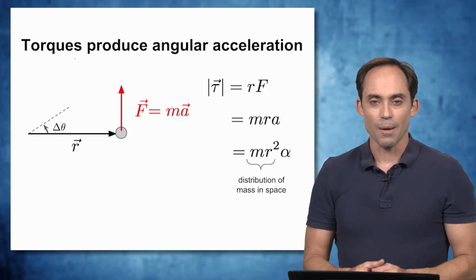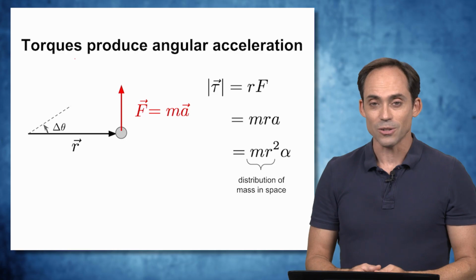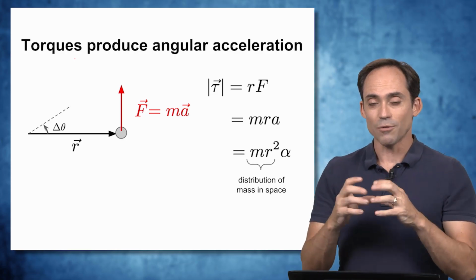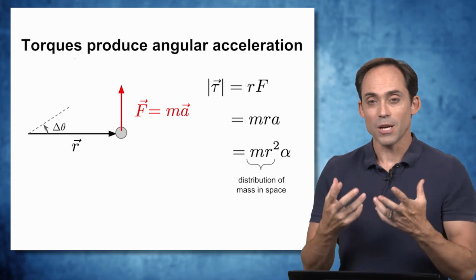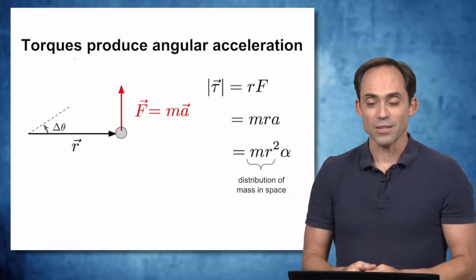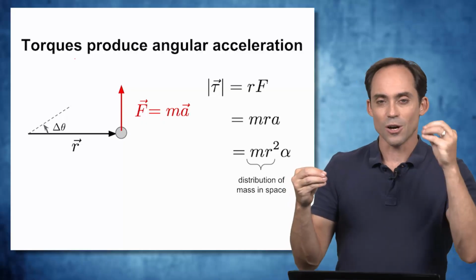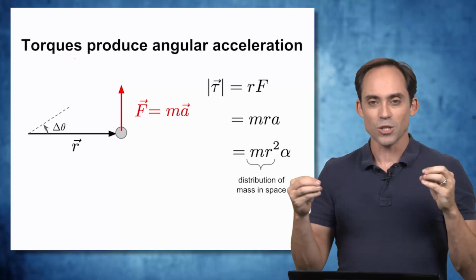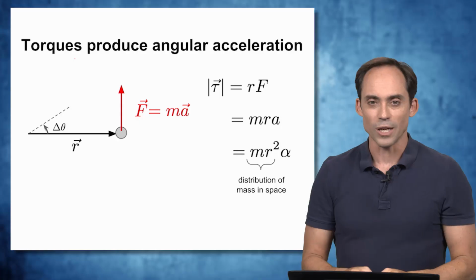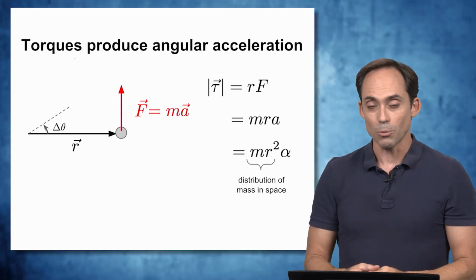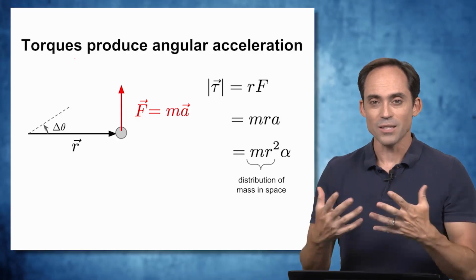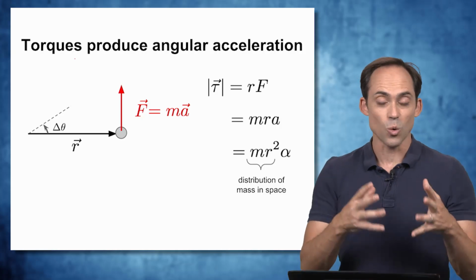So from this we get mr squared times the angular acceleration. And that quantity in front, mr squared, is a measure of the distribution of mass in space. When you think about it, I've moved this mass a certain radius away and started to move it. I would get a very different motion if I moved it closer to our origin point. So the distribution of mass seems to be important for rotation, but that constant is a constant that relates torque